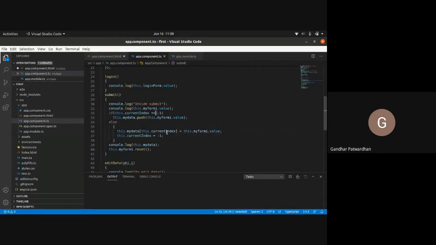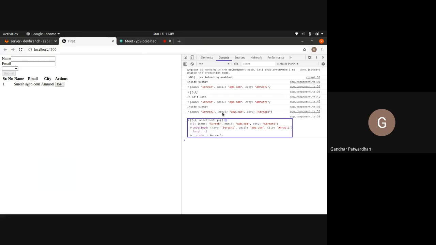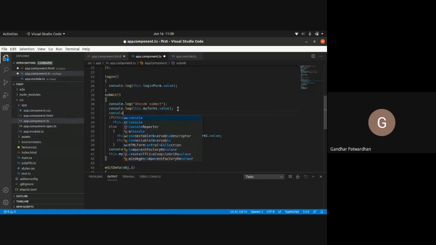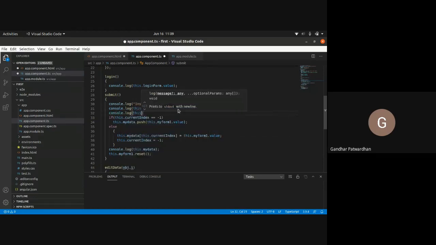What I would say is, current index, then I'll do console.log this.currentIndex.